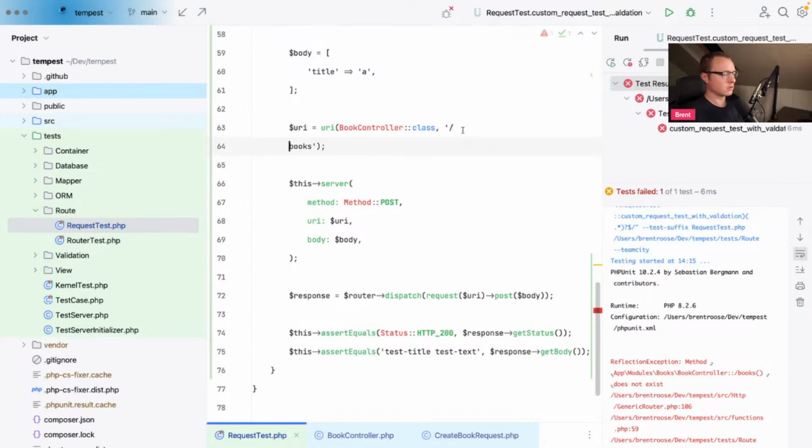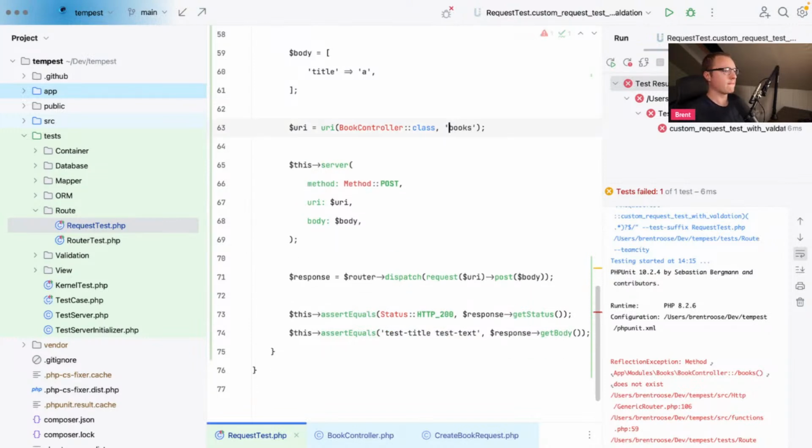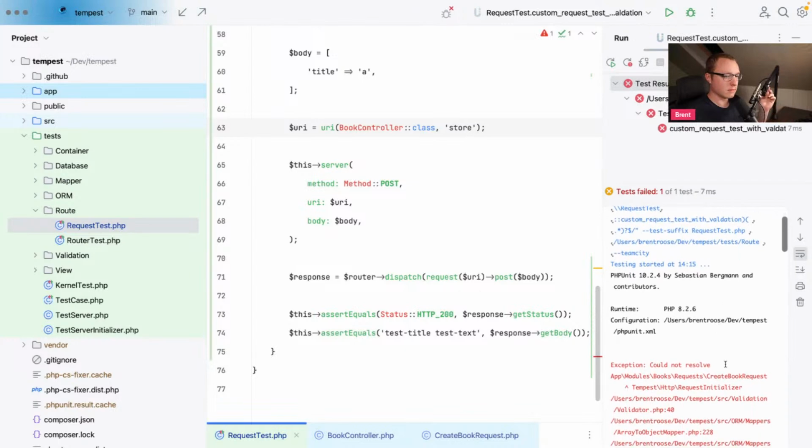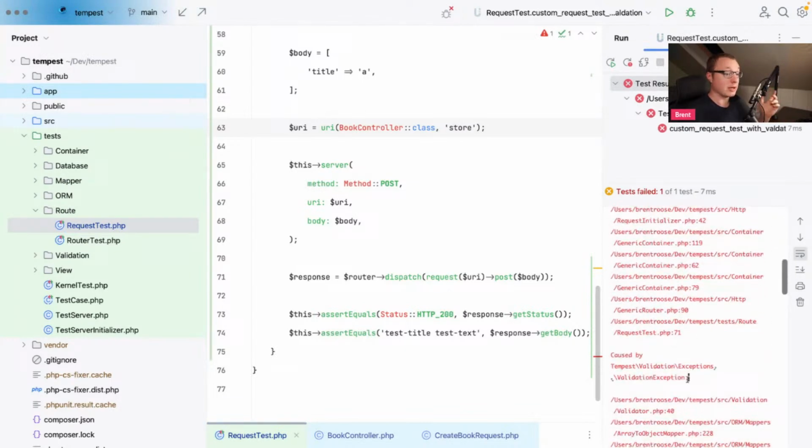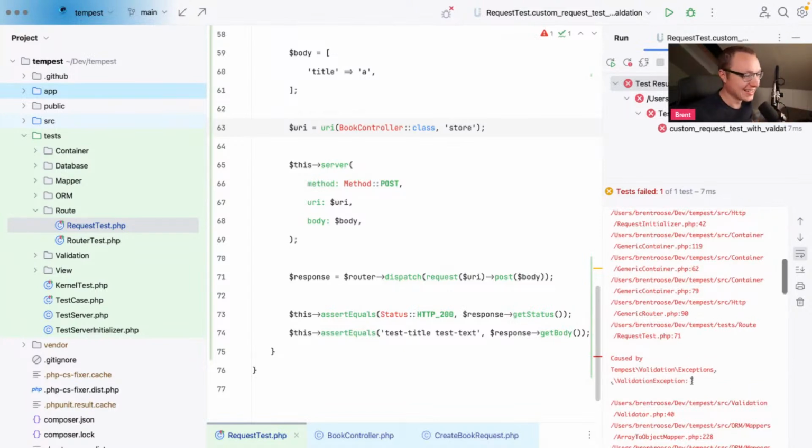Of course. Store. The request initializer couldn't, because there's a validation exception, because it works as expected. Okay, I still have to catch this exception and do stuff with it. But